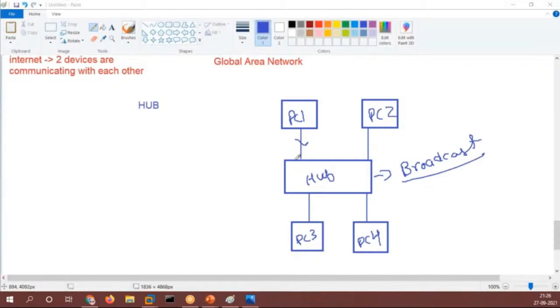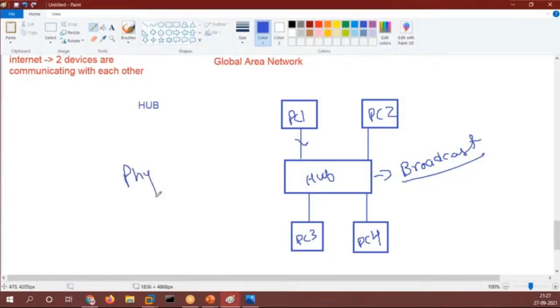So what happens if PC1 is sending data towards PC4? PC1 will send the data to the hub. Hub is a device that works on the physical layer of the OSI model, right?